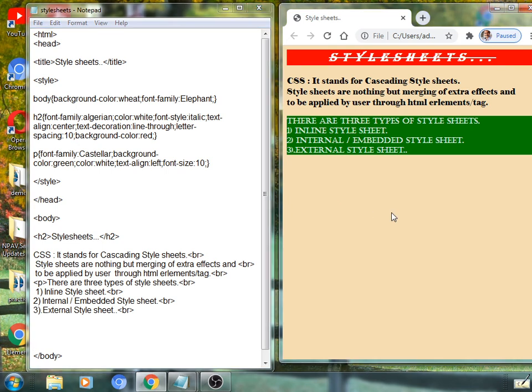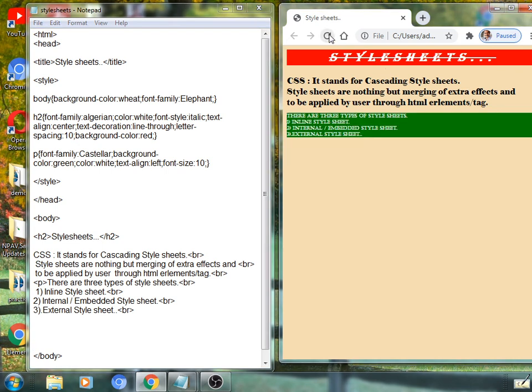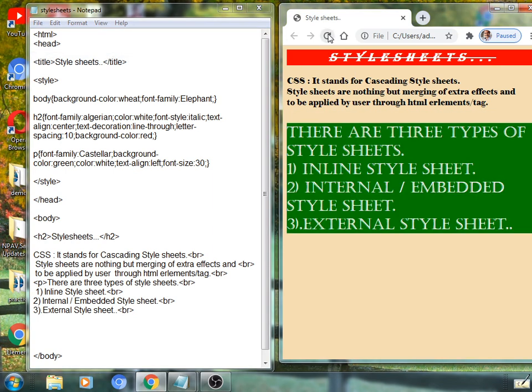Save this. It gets reduced, basically. In comparison with the normal font size, it is small. If you want to increase it, then increase the font size to 30, like this. It is increased.